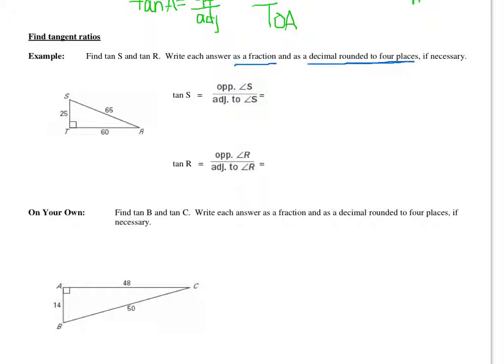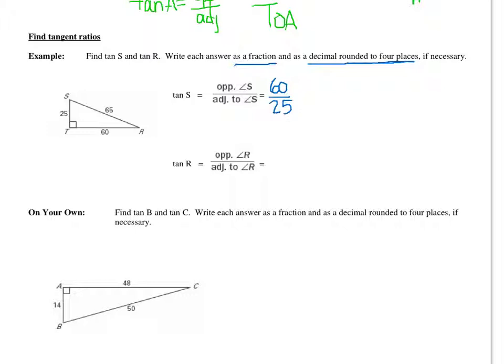So the tangent of angle S, well, let's find where our theta is. S is right here. There's my angle, the theta I'm looking at here. Again, theta just means what angle I'm looking at. And it's opposite over adjacent. So the side opposite S is 60, and the leg adjacent to S is 25. So my opposite would be 60 over my adjacent is 25. So my tangent of S is 60